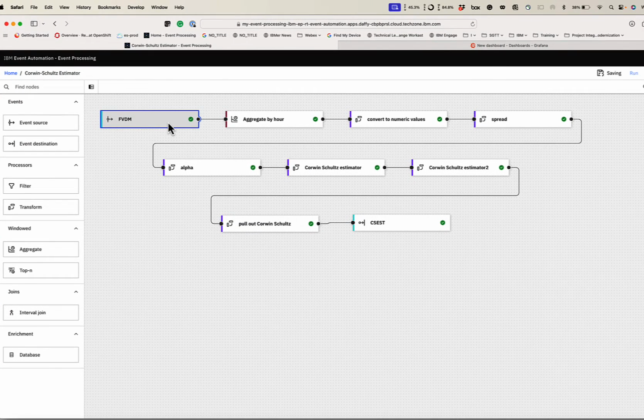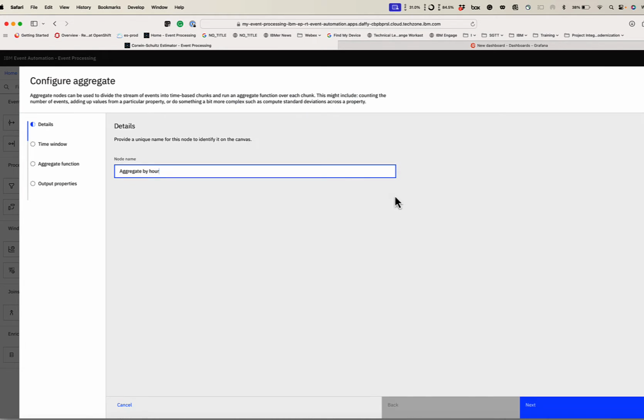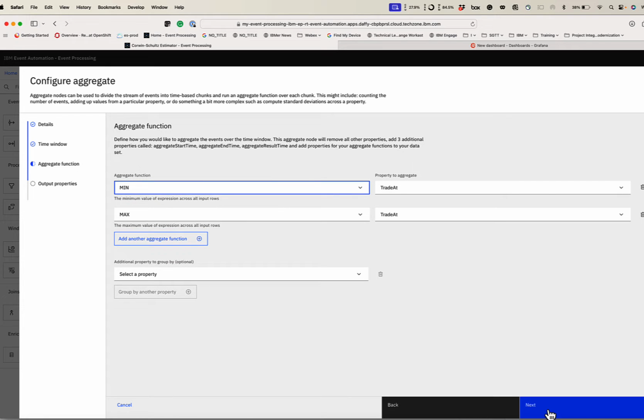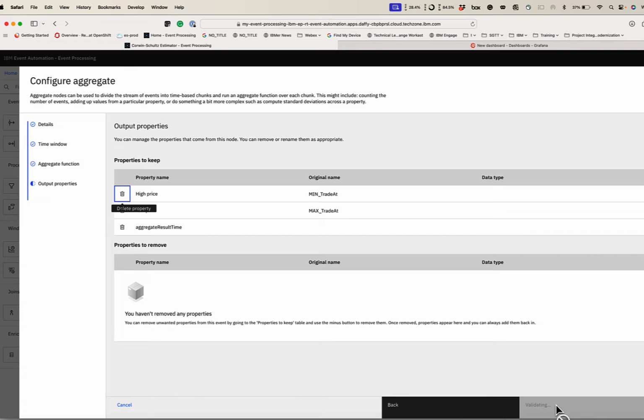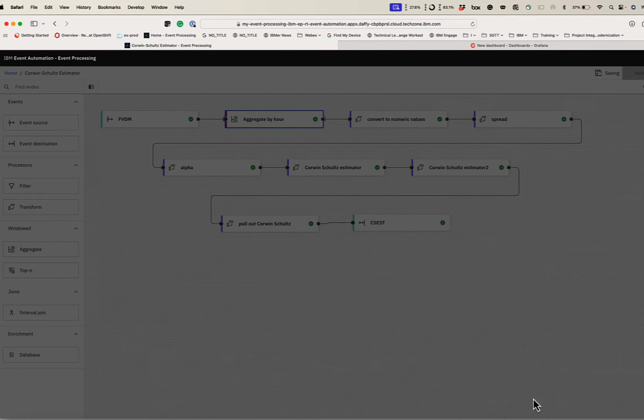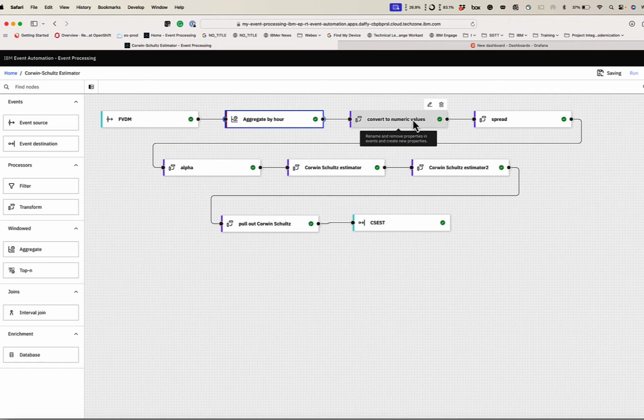This is the flow I've created that's taking that raw data from the event streams, and then it manipulates that data and does the calculations until I receive an answer, the Corwin-Schultz estimation. In this first bit, I'm making use of throwing that window over those 20-second intervals to calculate minimum and maximum